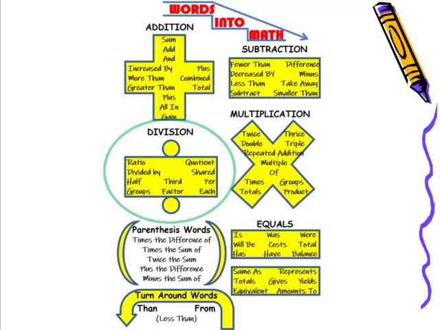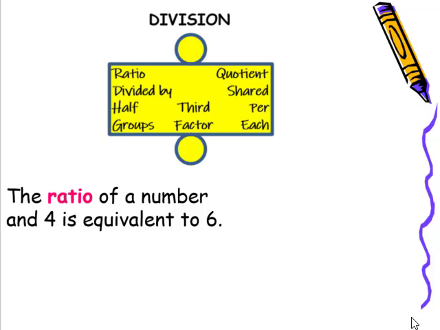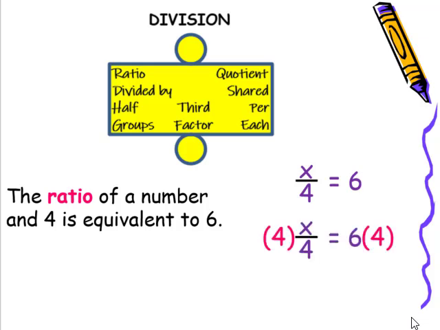In our lesson for today, we will revisit the word ratio. The ratio of a number to 4 is equivalent to 6. This is written as x over 4 is equal to 6. To solve for x, all we have to do is multiply both sides by 4. The 4's on the left side will cancel, leaving us with x on the left-hand side, and 6 times 4